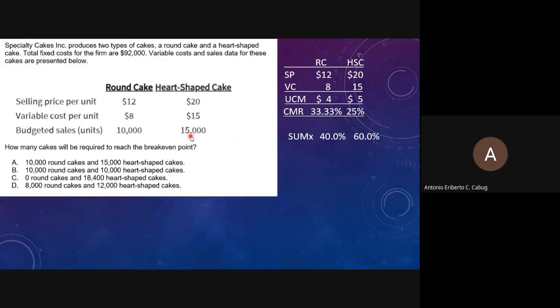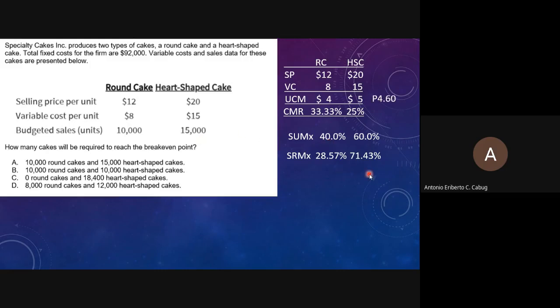Right? 120 divided by 420, that would be 28.57%. It's 120 over 420. The remaining 300 over 420, that would give you